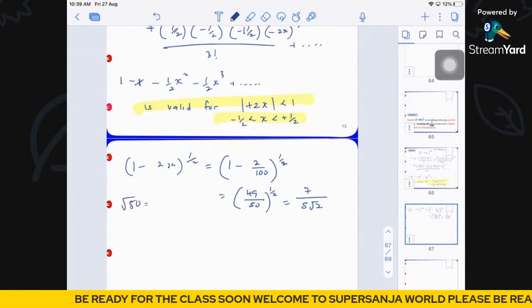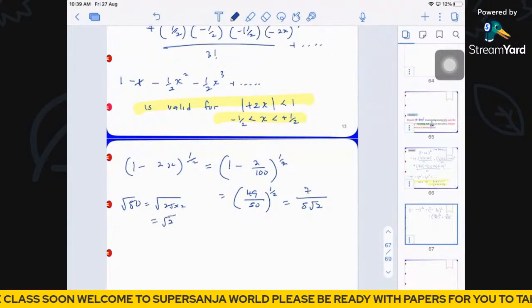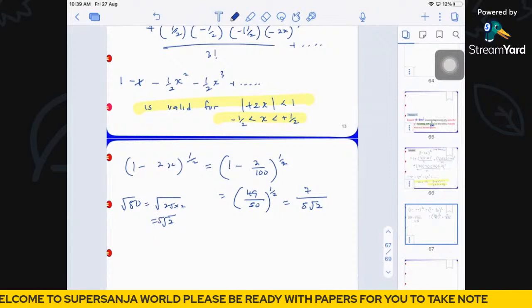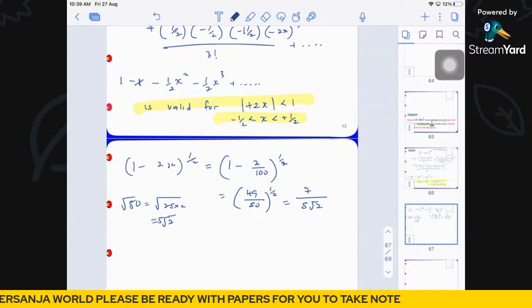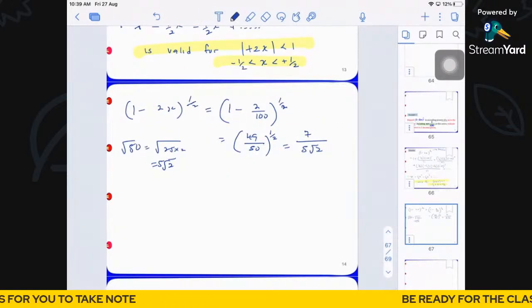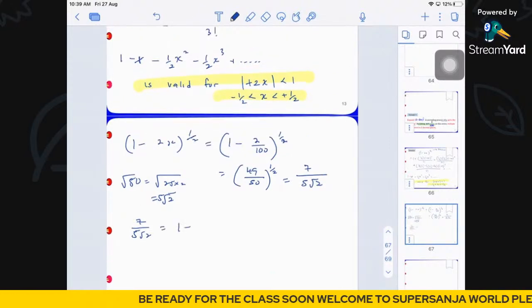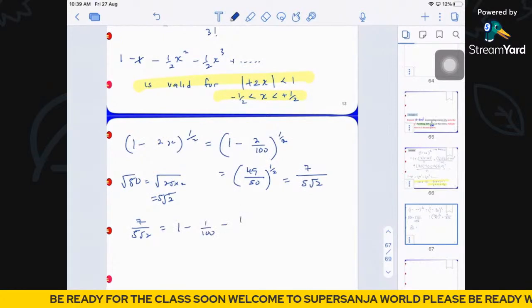All of you should know already. Square root 50 is square root of 25 times 2. Therefore, it is square root 25 times square root 2, and square root 25 is 5. You can see that, right? So you get 5 root 2 there. So now you can tell me 7 over 5 root 2 equals, substitute, 1 minus 1 over 100